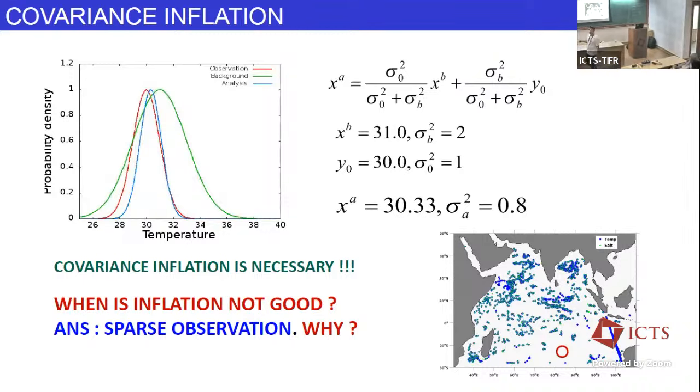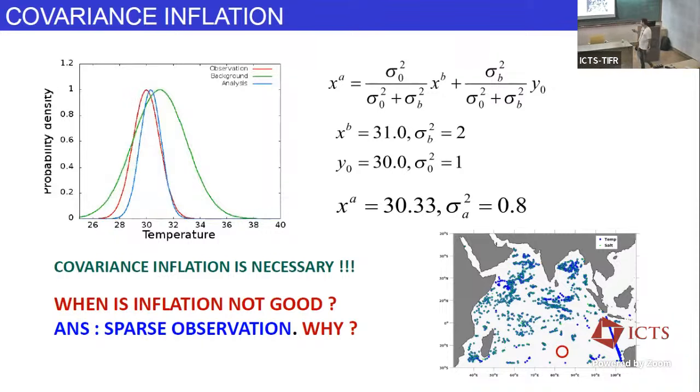So the next time, if in future some observation pops up here, what will happen? Inflation will reduce that area. No, before inflation gets reduced, the model error variance here has increased so much that the data assimilation here will have no trust in your model estimates. It will only trust the observation. Is it clear? You can always interrupt me and ask questions. Is this clear to all?